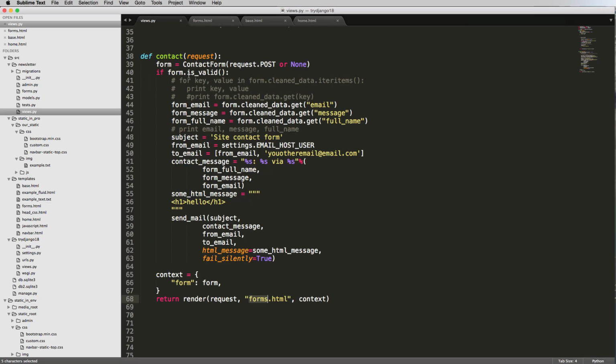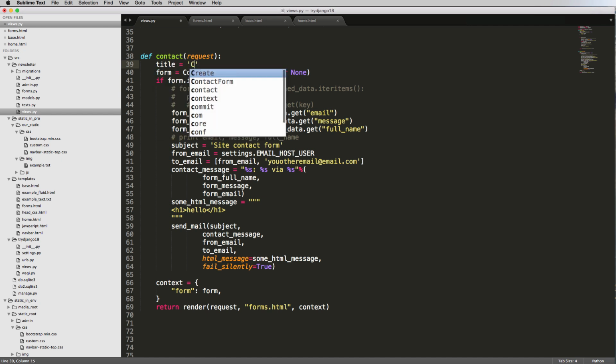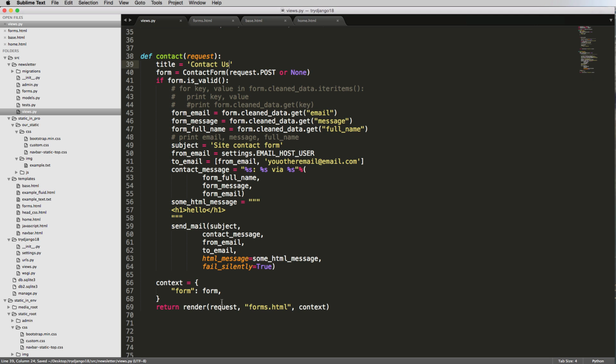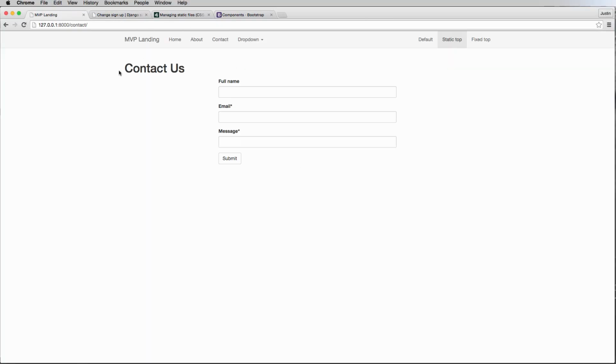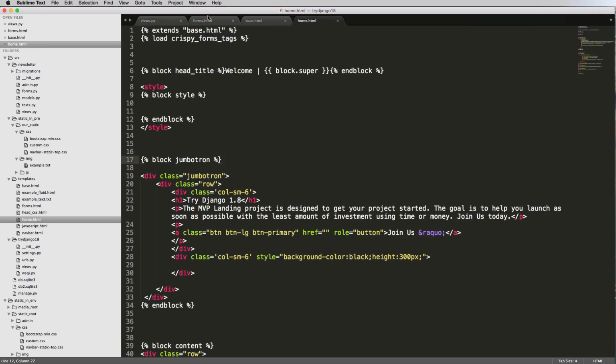So to make it there, we go back into our views, into contact, and we'll just add a title, and we'll say contact us. And then in our context down here, we will add the title template tag, and then template context variable. And we refresh in here, and now it says contact us. Cool. So that's looking good. Well, it's not in the middle though. So let's go back into our